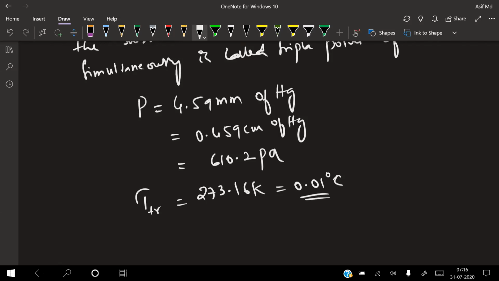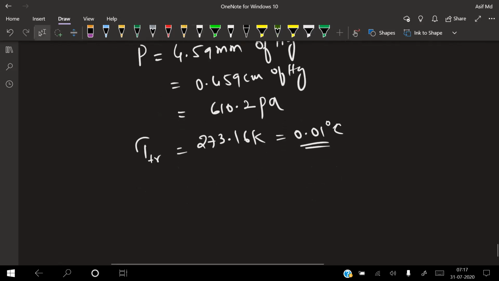Okay, that means at 0.01 even vaporization can happen, sir. Yeah. Okay. That means this is the pressure and temperature at which a substance can exist simultaneously in the solid, liquid, and gas states. And this 0.01 is approximately very small, so nearly I can take it as negligible. So it is 273.16 Kelvin, or 0.01 degree centigrade, the temperature at which a substance can exist in solid, liquid, and gas.